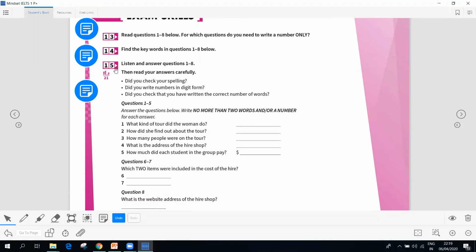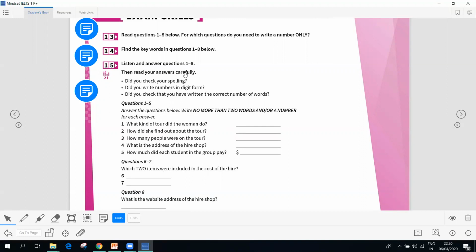And task 15, listen and answer questions 1 to 8. So first you listen and answer these questions. But before you answer, you need to read the instruction carefully. Understand what you're required to do. So you listen and complete this task. After you complete the task,